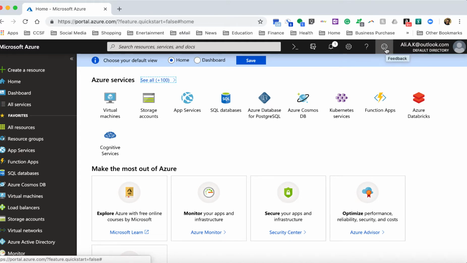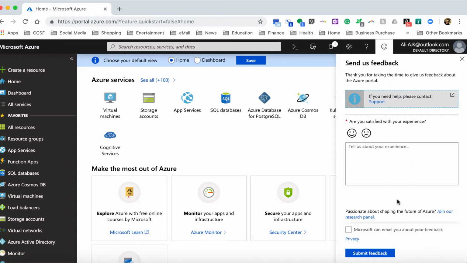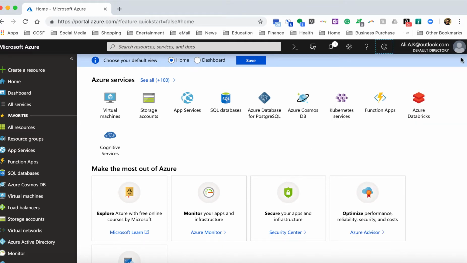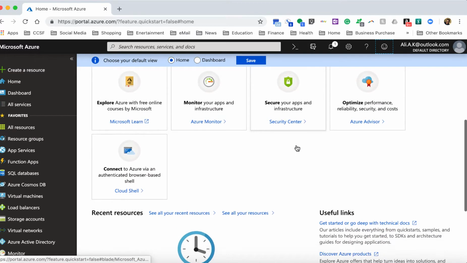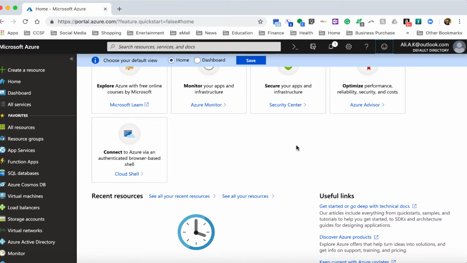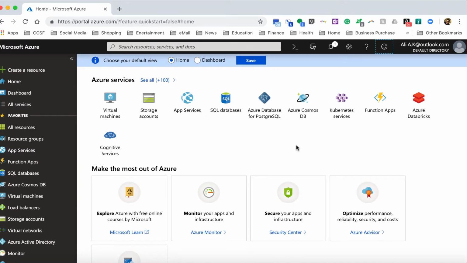Let me just go here, show you the feedback. If you want to talk to Microsoft about something, if you like something or you don't like something, go here and let them know. Good news is, to my experience, Microsoft has tendency to respond back pretty quick, and their support team is more than happy to work with you over the issues that you may have. Maybe you don't have any of those at the beginning when you start working with Microsoft Azure, but then as you go through the services, you're going to find maybe some solutions to the problems that Azure has yourselves and be able to submit it over there, which is a good opportunity to show your abilities to our fellow technicians